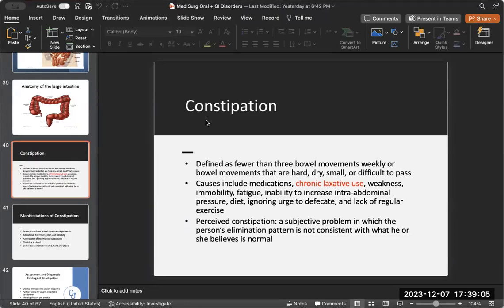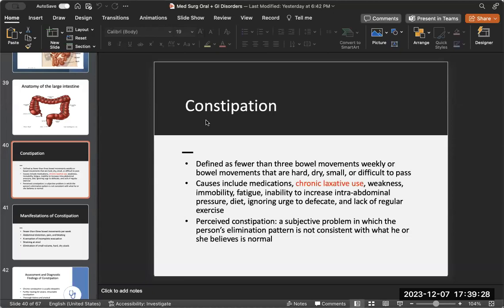Medications can cause constipation, right? An example is those narcotics. Chronic laxative use, even though you can take laxatives to help relieve constipation, it can cause constipation. So laxative use, we don't really recommend it, right? If they have weakness in that sort of tract,